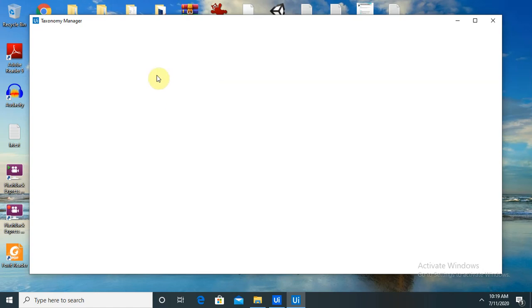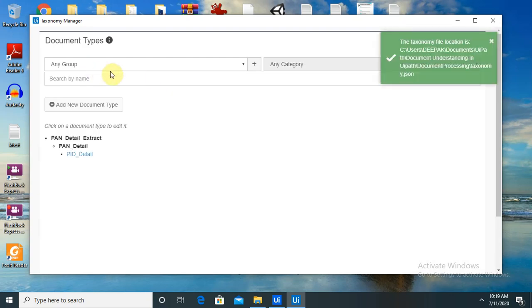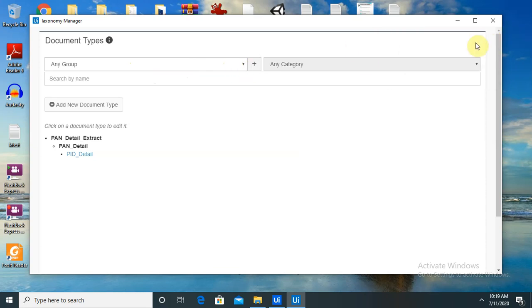So this is the first stage where we are using document understanding in UiPath. Here you can see there are groups available. If you have already created any groups, you can just click and select that group. Otherwise, if you haven't created any group, you can click on the plus sign and add your PAN.